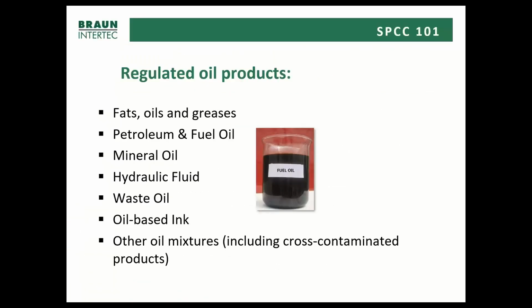So what are the types of oil products that are regulated by the federal SPCC rule? So basically, it's an oil-containing product. And this may be oils like fats, oils or greases produced by the food industry, nut oils, butter, anything that could be liquid at room temperature or at a reasonably expected temperature, such as a hot day in Texas. Your typical petroleum, diesel, gas, fuel oil, those types of petroleum products, mineral oils, hydraulic fluids, which may be present in reservoirs and certain types of equipment or processing equipment,